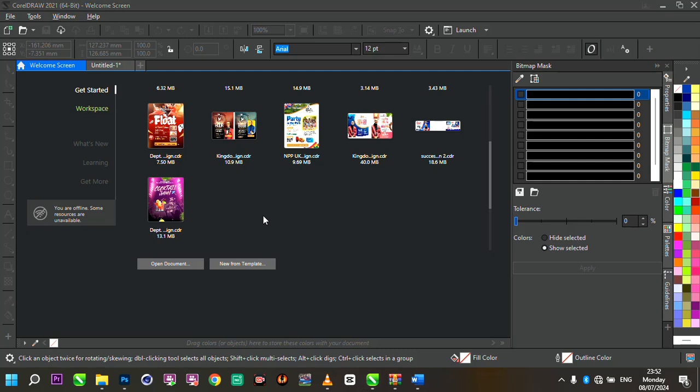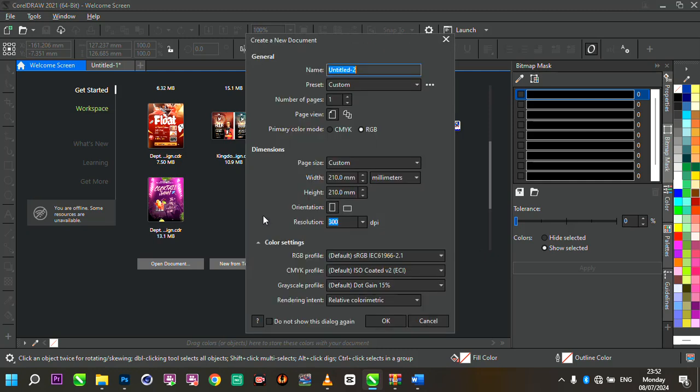In today's video, we are going to be working on a food flyer. The very first thing you need to do is to create a new document. And so we use the shortcut Ctrl N in creating new documents. Ctrl N opens up a dialog box for us to provide some details as per the design we are